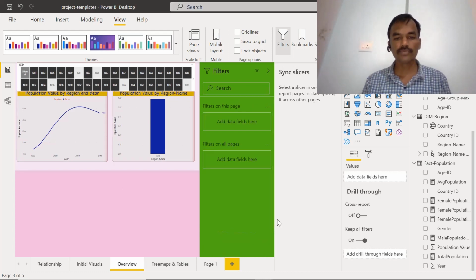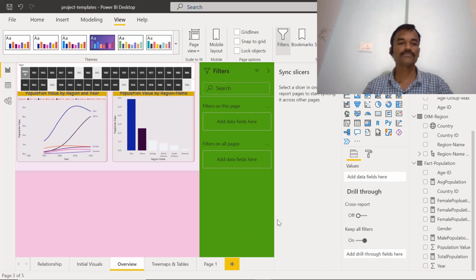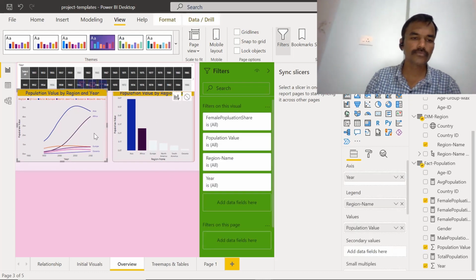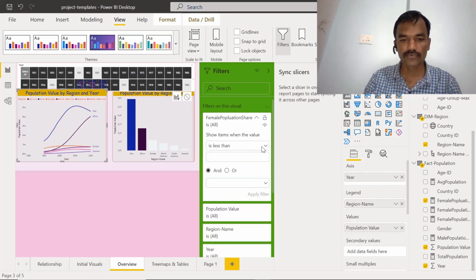Now we will see the visual filter. The third type of our filter, let's try to select this one chart here. When we select this chart, you can see the data fields which are available. Year is again available as a filter, region name, and then population value, female population share as well. Out of these, if you want to select any value, we can select this.